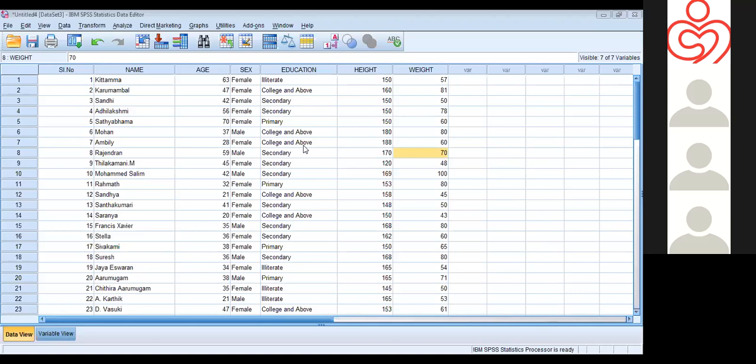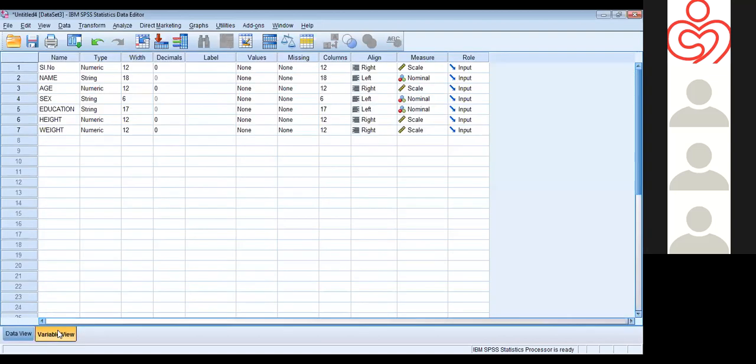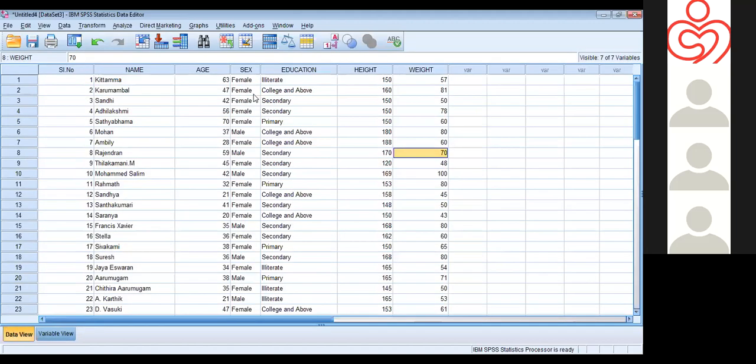Okay, so here we have a data set with age, gender, education, and two variables, height and weight. Suppose here is the data. In the data view, we can see the complete data, and in the variable view, we can see the variable names. Here we need to cross-check the variable properties of each variable, like age should be numerical, and gender, here we entered gender as male, female. So characters are there in both gender and education.